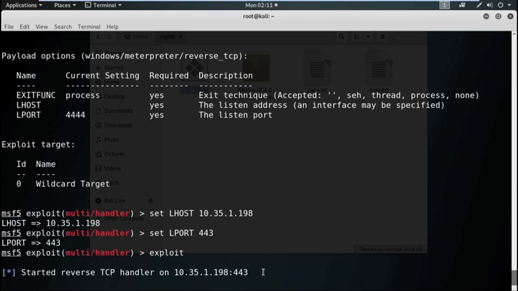Now, somehow we need to execute the exe file in the target machine. So, to do that, we need to use any kind of social engineering method. For the time being, I am simply using an HTTP server to deliver the executable file to the victim machine.